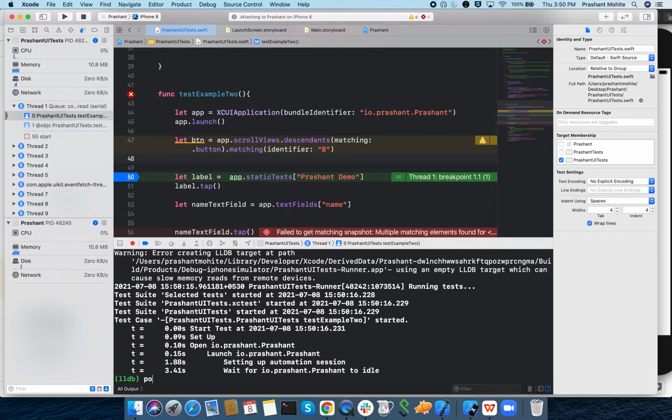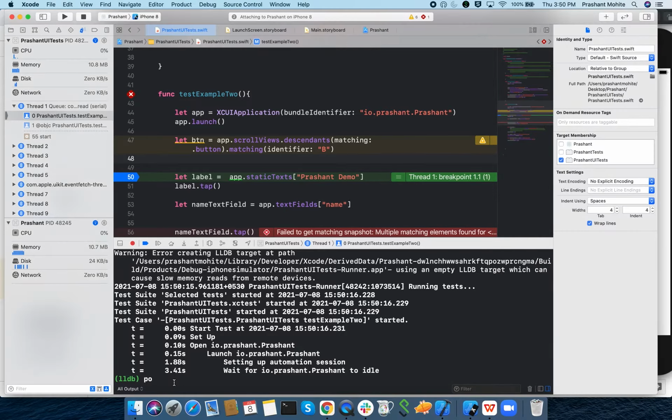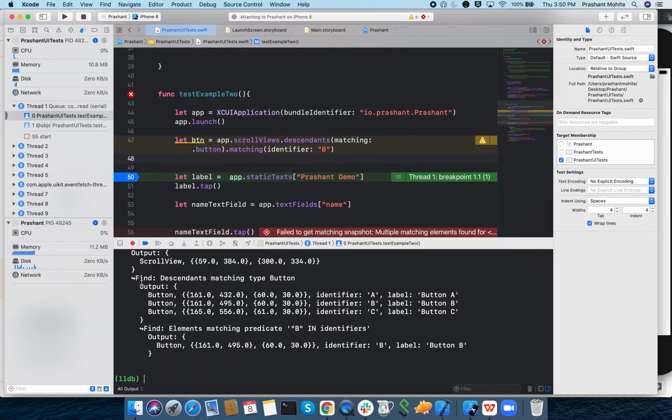Application is already launched. In the console, if I want to check how many buttons I am getting now, see what it is saying: in this scroll view we have 3 buttons, but which button is matching our query?